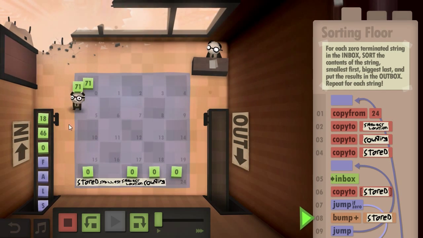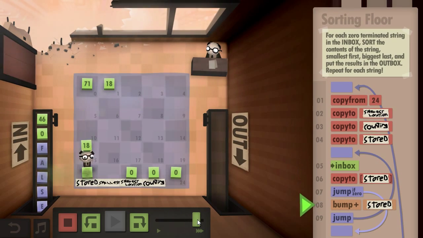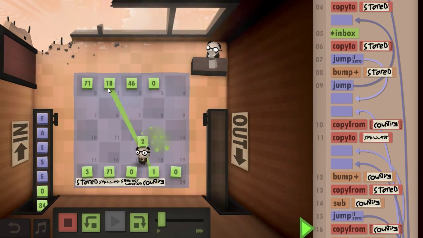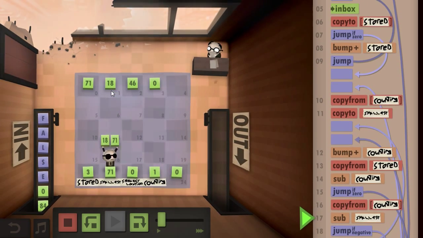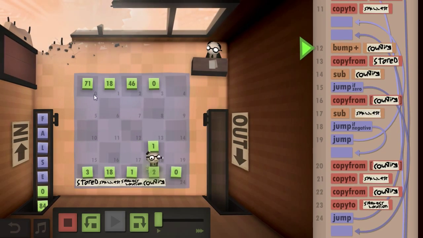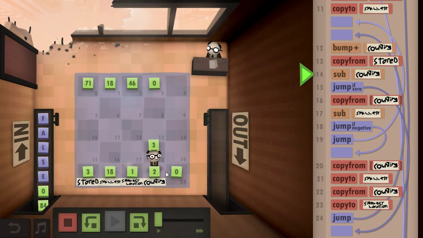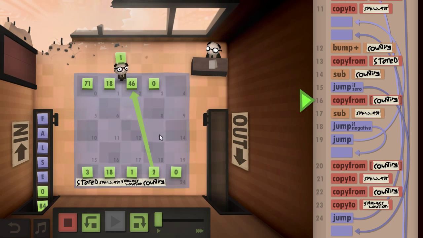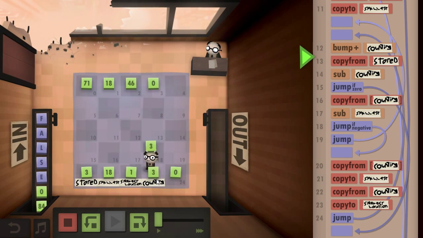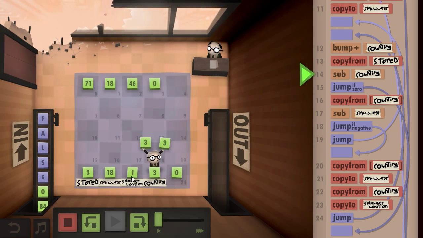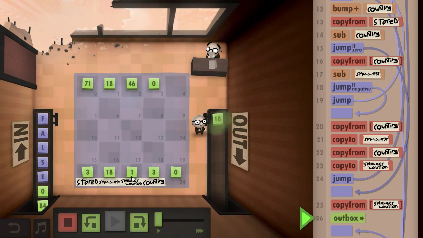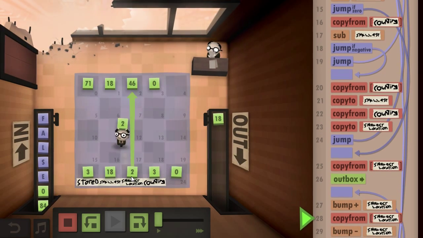Let's see. We're grabbing a 0 terminated string here. Now we're going to go through and find the smallest number in that set. So in that set it'll be 18. It'll be in position 1. And now we're done looking. No, well, we gotta check this 46. So we output the 18. Then we